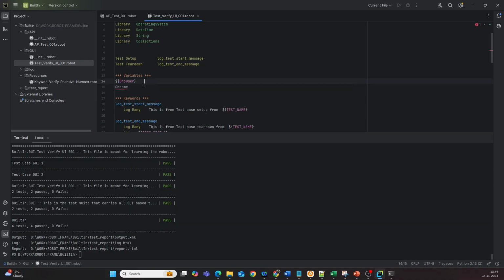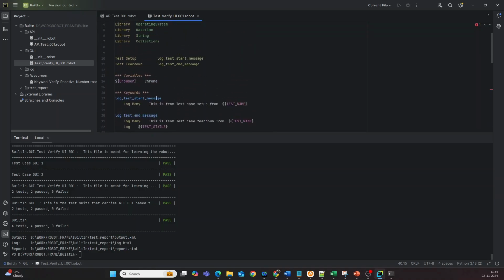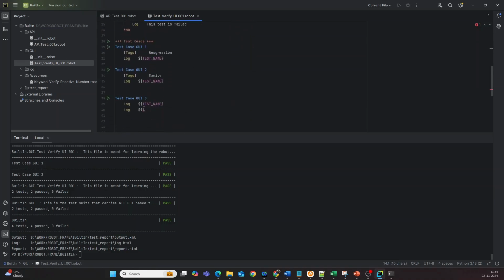It's named Chrome. Okay, and in the third test case I will be trying to print my browser. I'll print this particular variable,